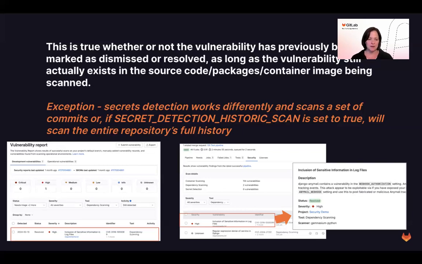So here's an example. Screenshots are a little small, but the vulnerability report in this case shows a dependency that was resolved. It was a high severity vulnerability, but when we analyzed it as a security team, we decided it was not something that was of concern. It was something we are willing to accept, and we marked it as resolved. You could argue whether you should mark it as dismissed or resolved, or maybe we introduced mitigating factors to no longer need to worry about this vulnerability. We marked it as resolved.